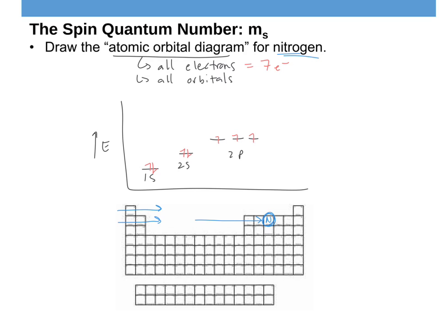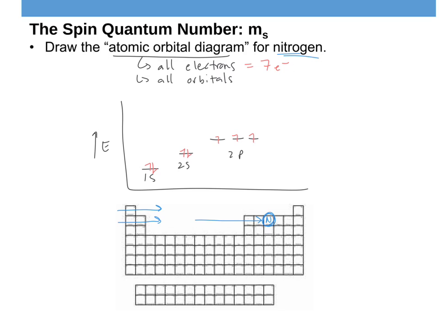And so what I'm going to do in the next video is talk about how on earth I came up with all of this stuff, why I started down here, why these are opposite here, but they're not opposite here, why didn't I pair them up here, right? We're going to talk about all of those rules about drawing atomic orbital diagrams in the next video. The main thing I want you to get out of this one is that the spin quantum number, or the